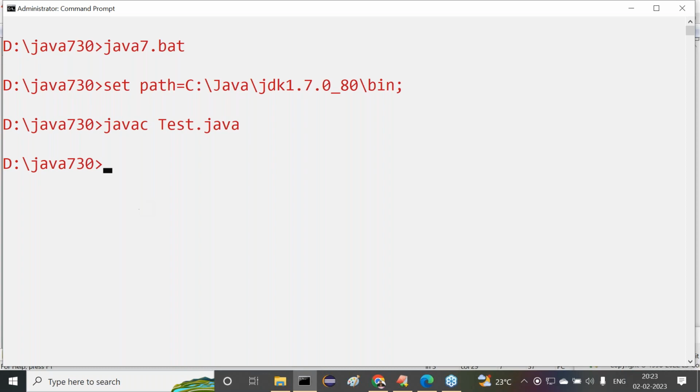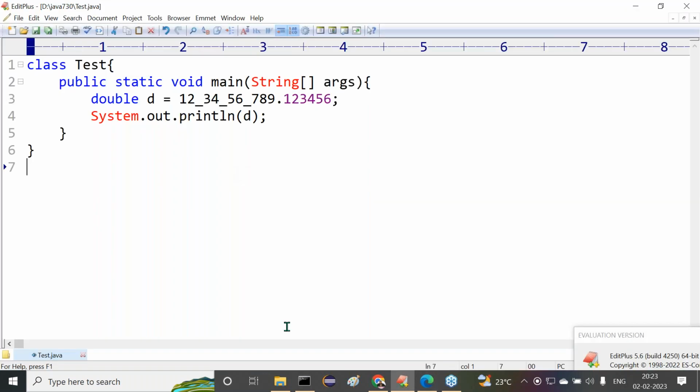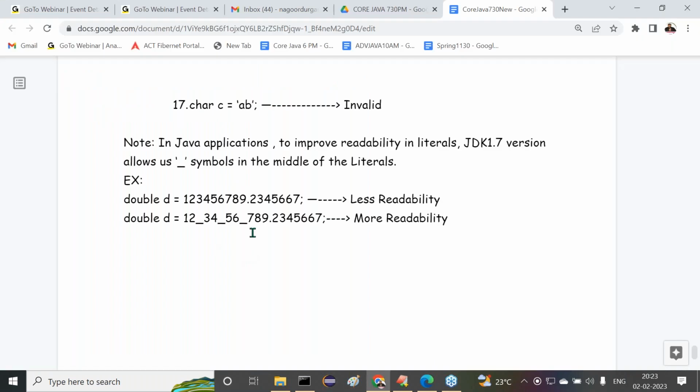So this is a new feature from JDK 1.7 version or not? It's a new feature from JDK 1.7 version. That's it. This is clear-cut information about underscore symbols. The required point, less readability and more readability, is a possibility right from JDK 1.7 version.